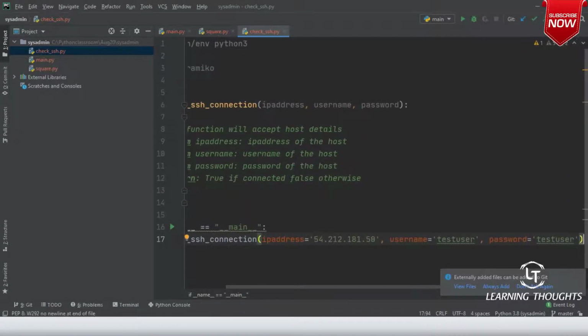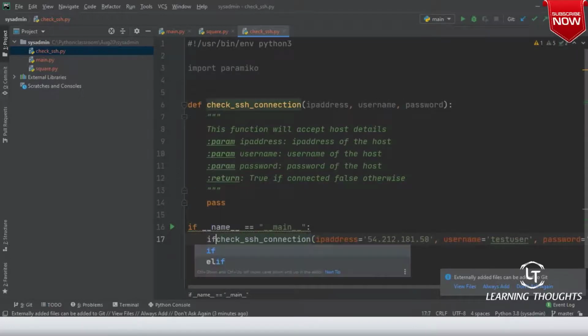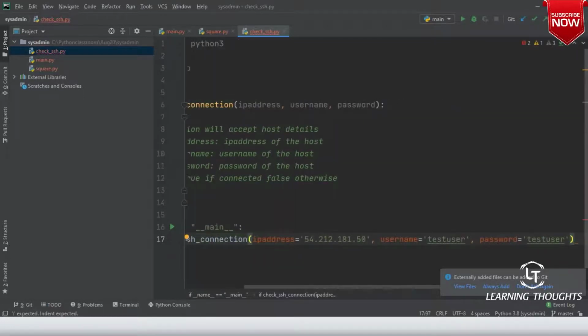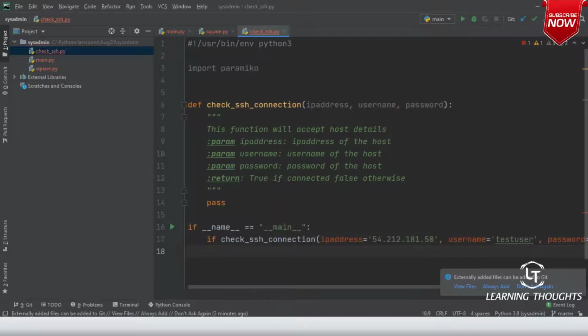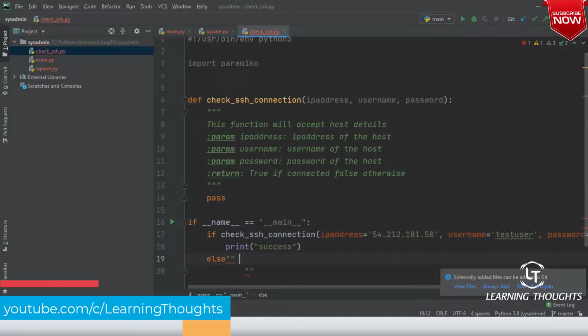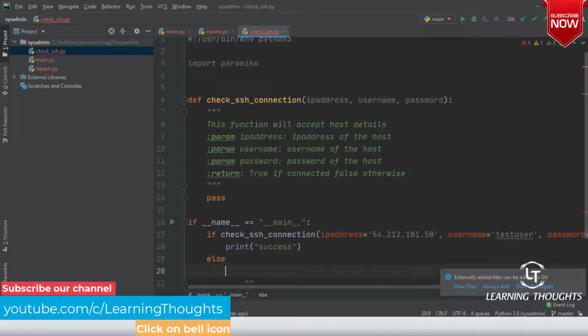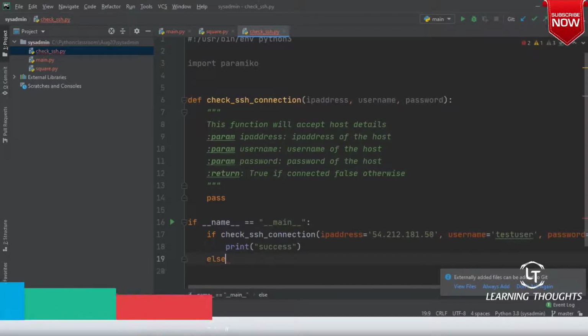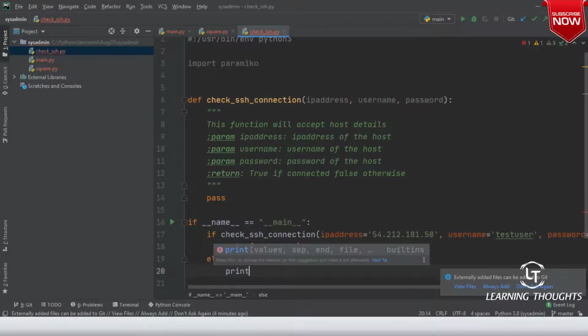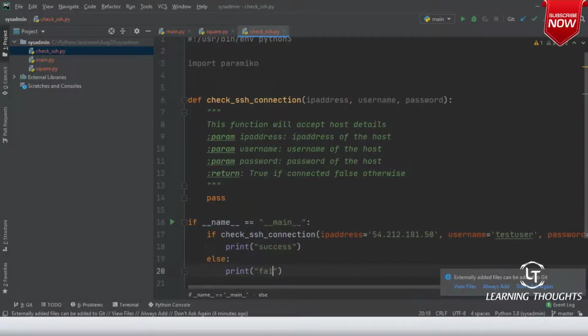Okay, and now if it returns true, then print success, else print failed to connect.